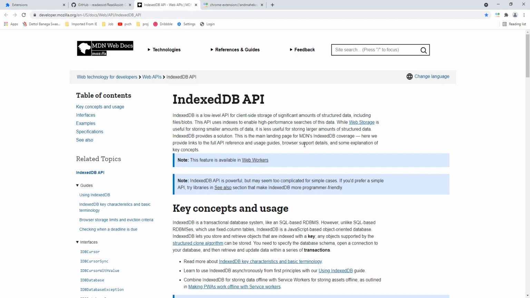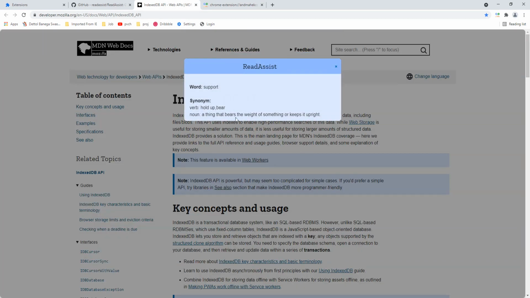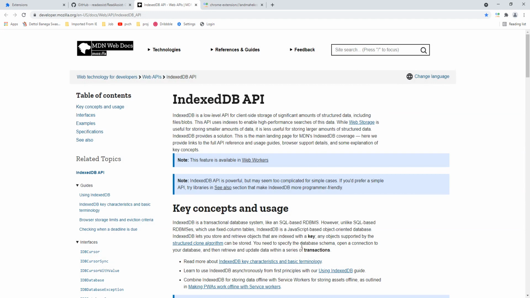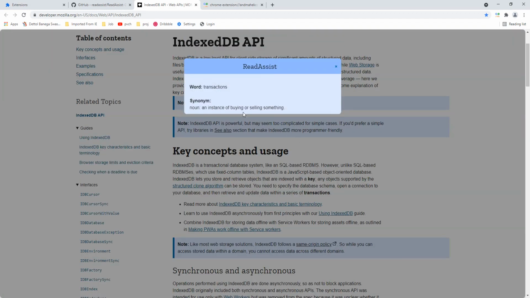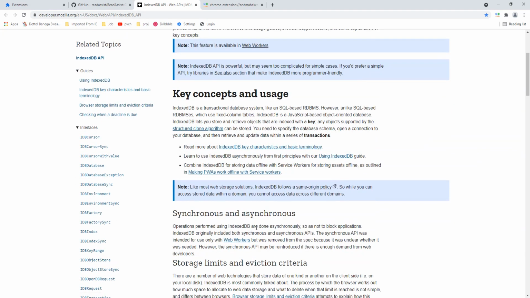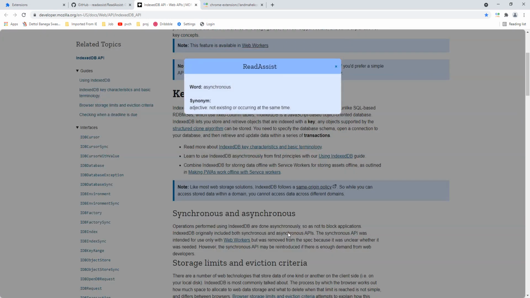After we go back to our actual page, we click on the word for which we need definitions, and as you can see, it has fetched the synonyms or definitions based on various parts of speech. You can click anywhere outside the pop-up or click on the X button in the pop-up to close it. I will continue doing that for a few more words so that you can see how the word definitions have been captured behind the scenes.